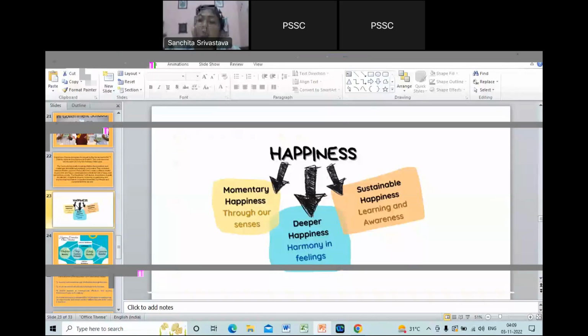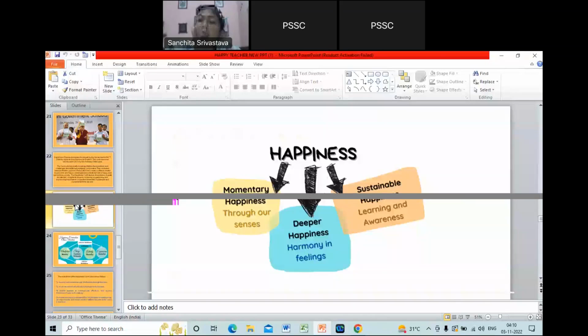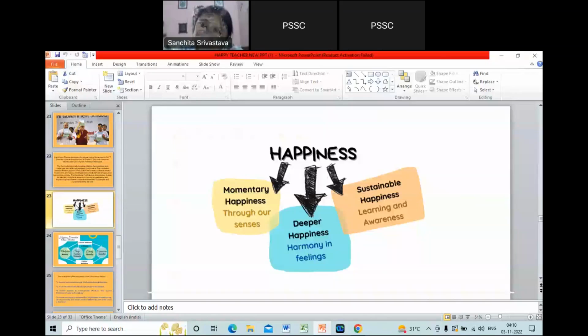Okay, so that is called sustainable happiness, a happiness that gives you a path of, see, some peace, yoga, meditation. After you do that, you feel an inner calmness. You don't want to fight with anybody, just after attending a yoga session, right? So that gives you learning and awareness, and that is the main goal of teaching. Now